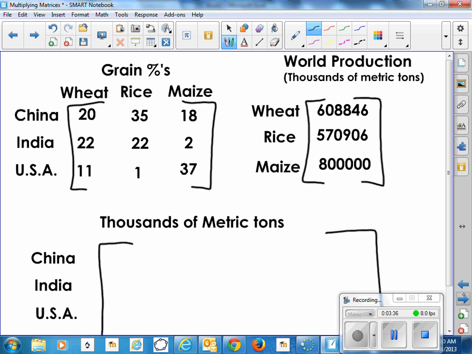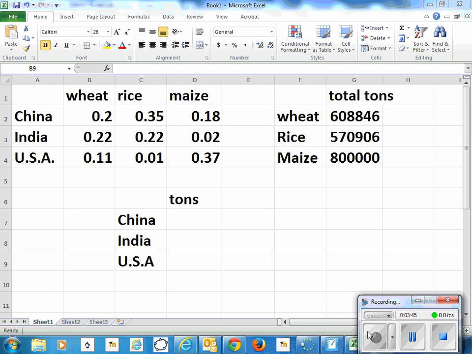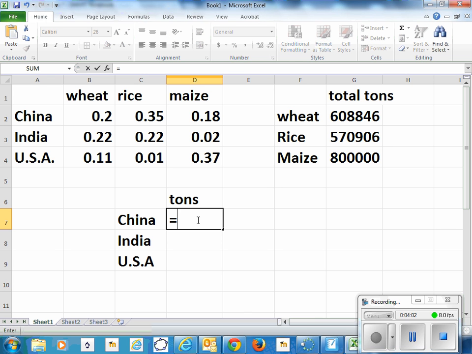So I would suggest that the best way to set this up would be using Excel. So I've gone ahead and typed those numbers in with labels, so it's very similar to what you might write on paper. Now, if we want to do that calculation, we just say equals. I'll put the parentheses. We want the percentage of wheat grown in China times the total wheat grown, V2,